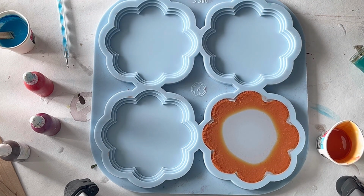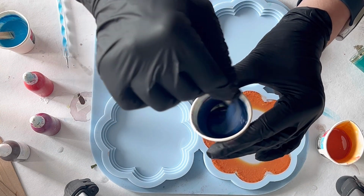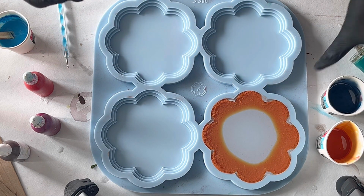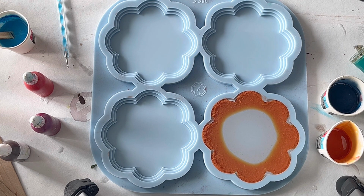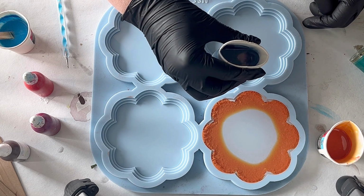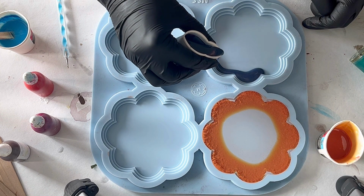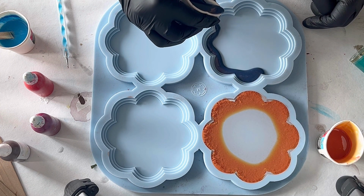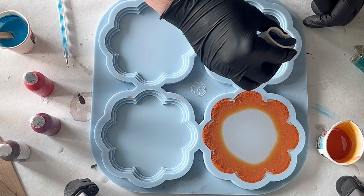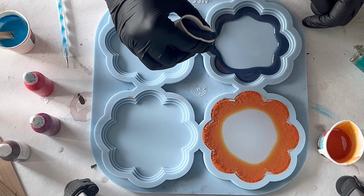So I will pour this later. I start really with my colors. So the second one here, there was still also some of the pearl mica floating. Now, where's my cup? There. Also here I will pour it around the edge. There, please try not to pour it too thick. Otherwise, like I said, you have a real block of color at the bottom and it might not give the effect you want to have. So don't rush too much, take your time